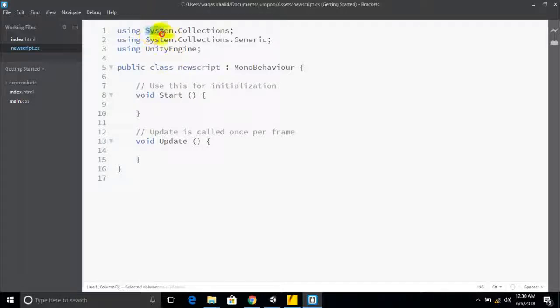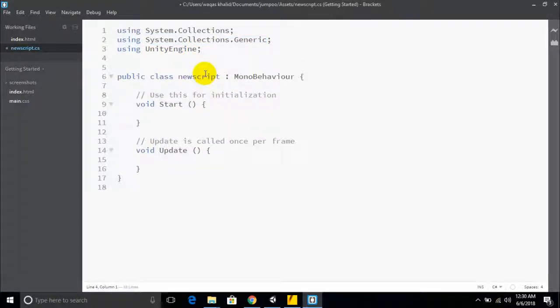These libraries are for specific use within our programming script, and if we want to add a new library, then we can import that library like this: UnityEngine.UI, for example, the UI implementation, and a lot of other libraries like this. After this, there is a line, public class NewScript : MonoBehaviour.